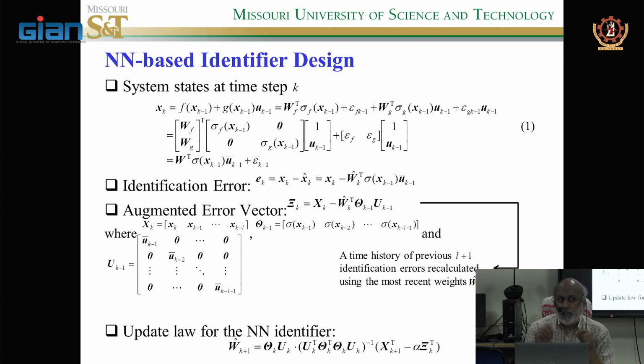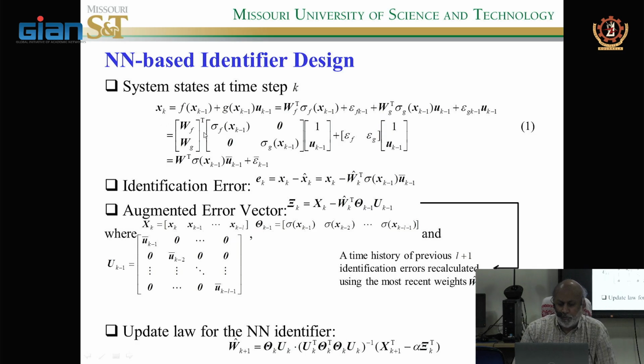So the goal of an identifier is to estimate the system dynamics. There is a controller called indirect adaptive controller. Indirect adaptive controller, you use an identifier, you estimate the dynamics, and you use that information in your controller to design the control. Okay? So the identifier here, I'm using a neural network identifier,